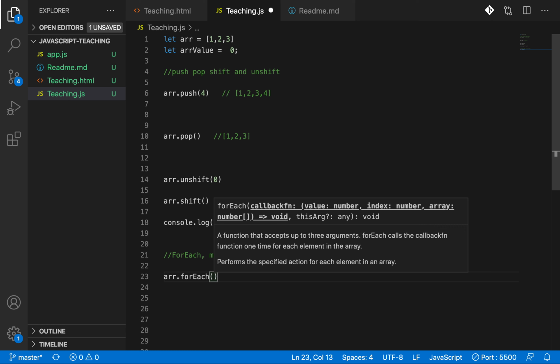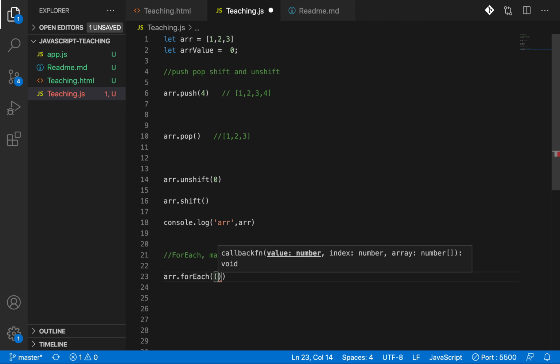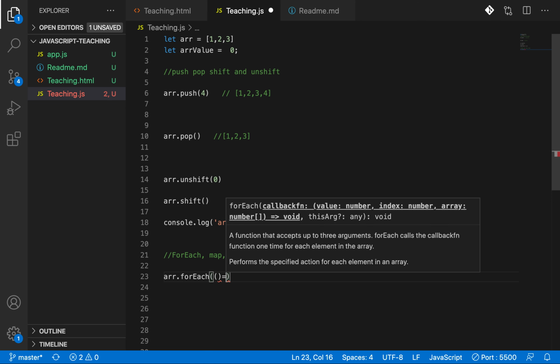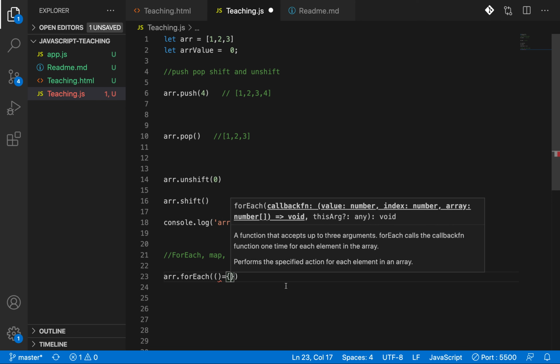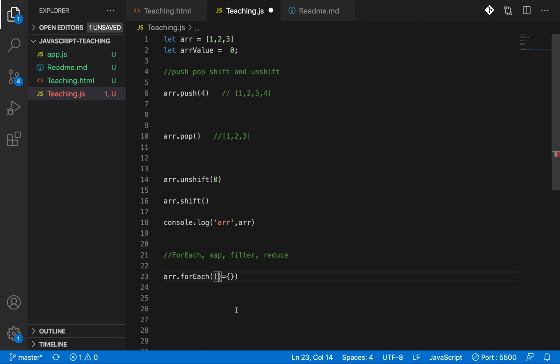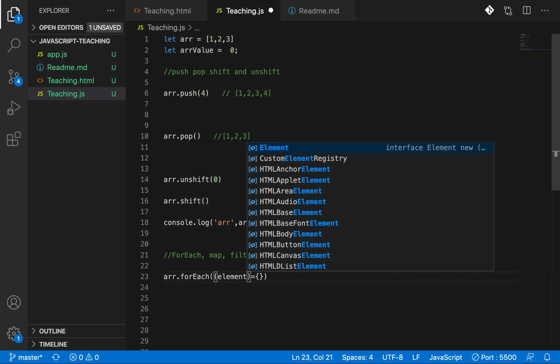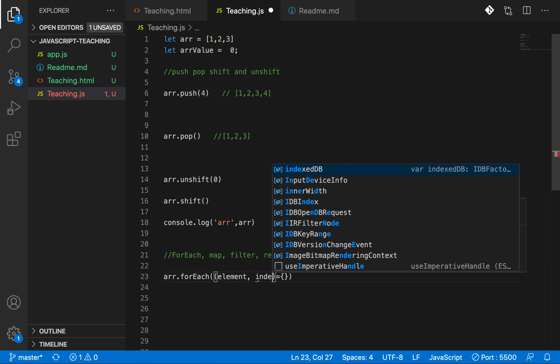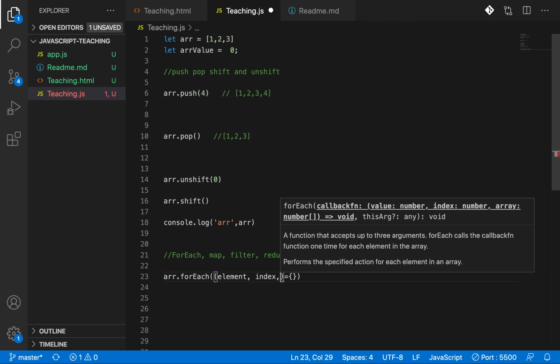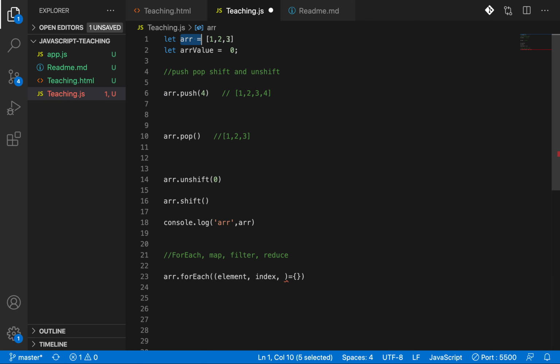As I said, forEach takes a function, and I am using an arrow function over here, as you know. In this function, forEach takes three arguments. The first argument is mandatory, and it is the element. The second argument is the index. The third argument is the array itself.